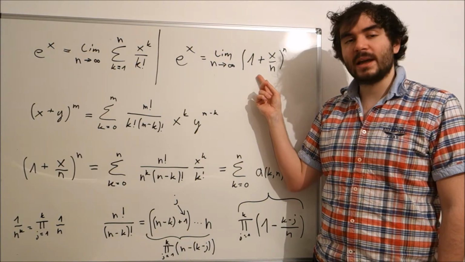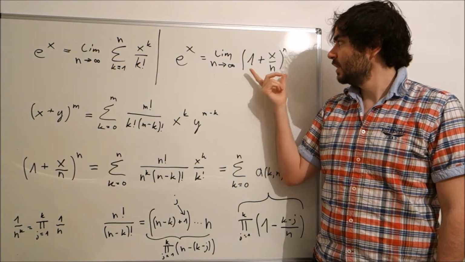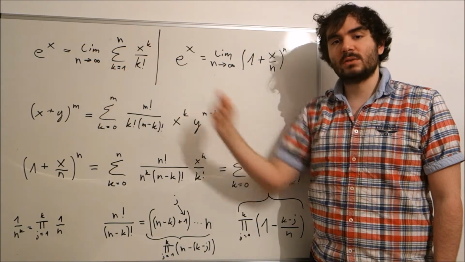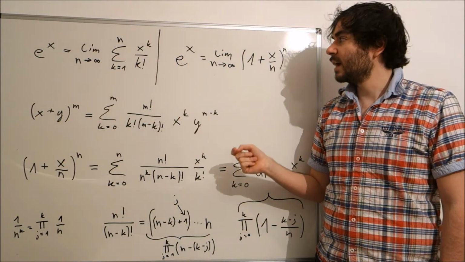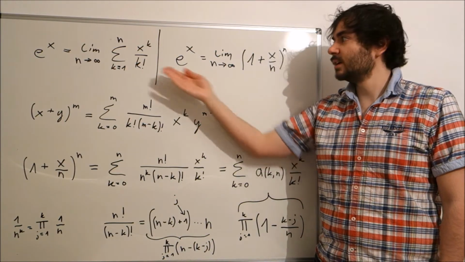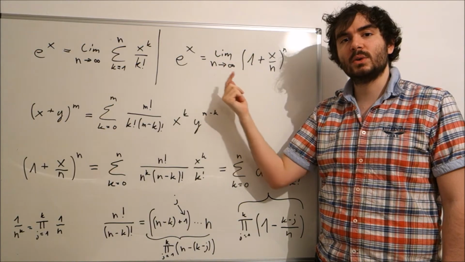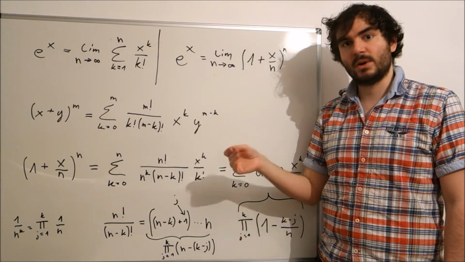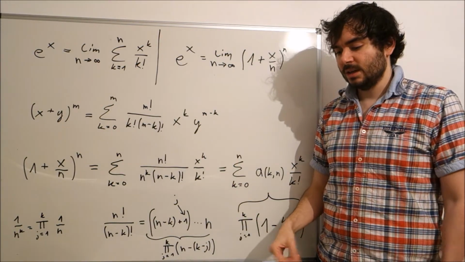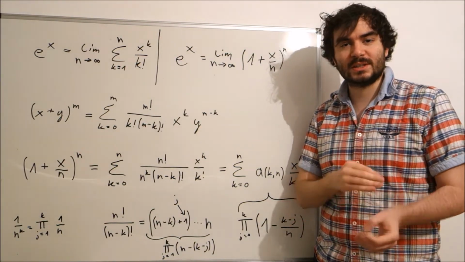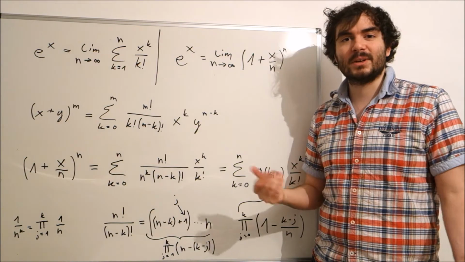hey, for finite n, if I don't take the limit, then this is just a polynomial, and for finite n, this is also just a polynomial, right? And so I was wondering, hey, if I don't take the limit, what is actually the difference between those two definitions before you take the limit? And it turned out, just a few minutes and you see exactly what the difference is, and that's what I go